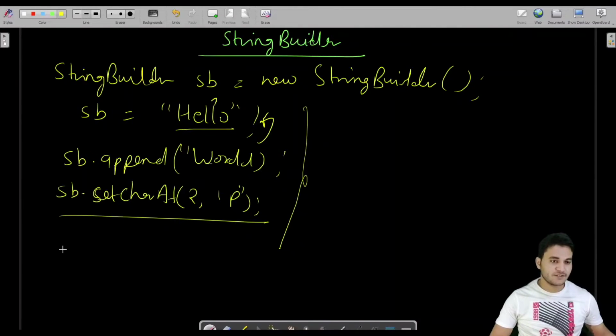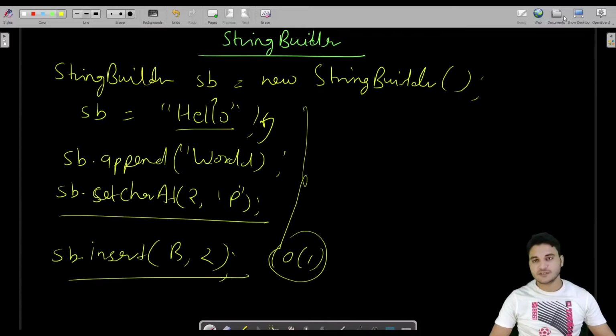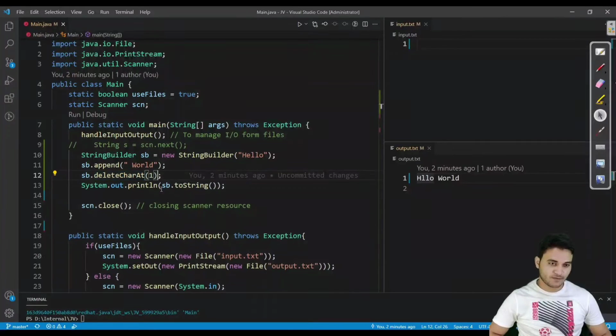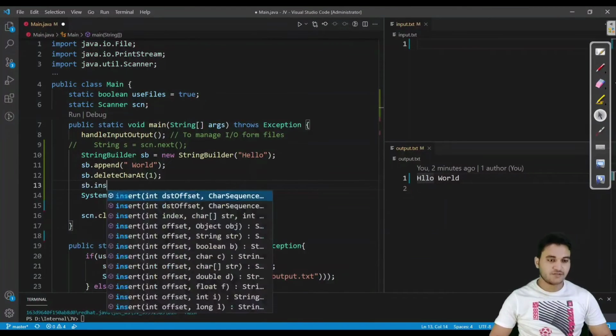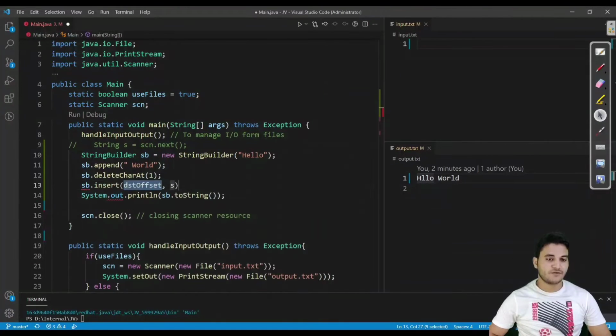There is one more method, which is sb.insert. Let us say I want to insert b at the second place in this string. This will insert the character in O of n complexity only. It will not recreate the string and append this value. It will simply insert this value into this place. So let us see this insertion also.